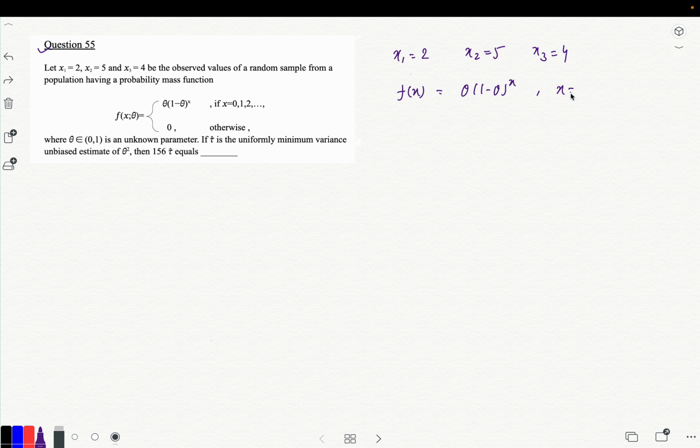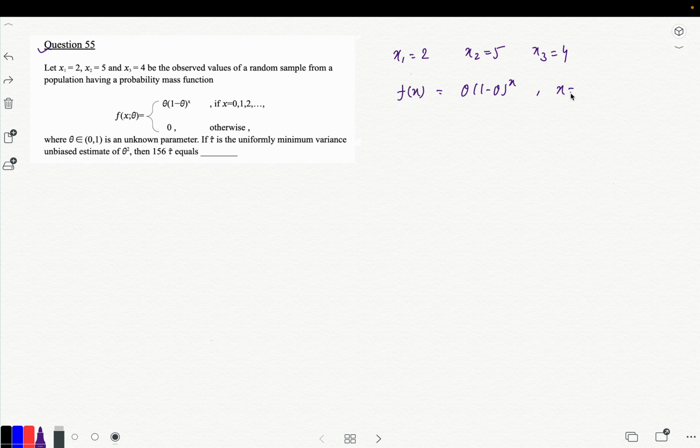This is my geometric distribution, right? So this will be the geometric distribution with the parameter theta. Now we got the distribution that we have. Now we have to find out the